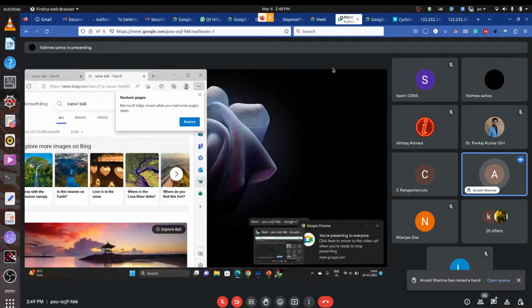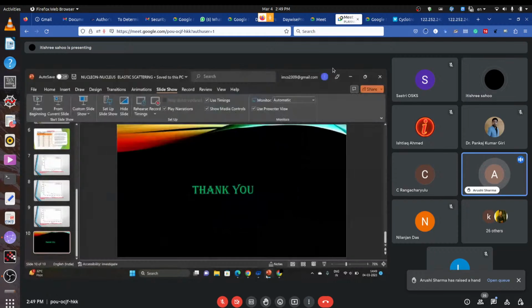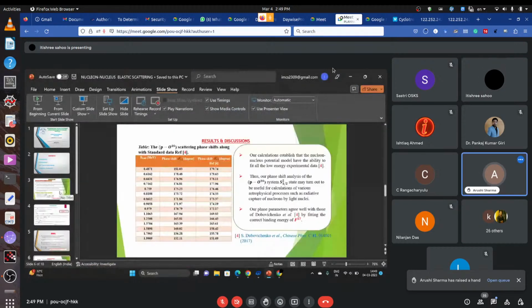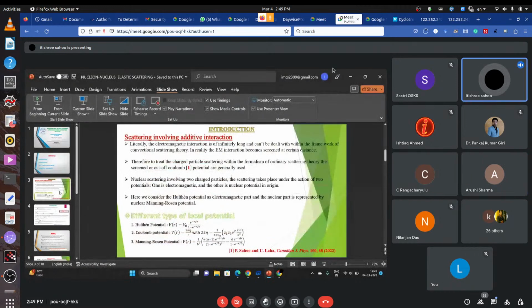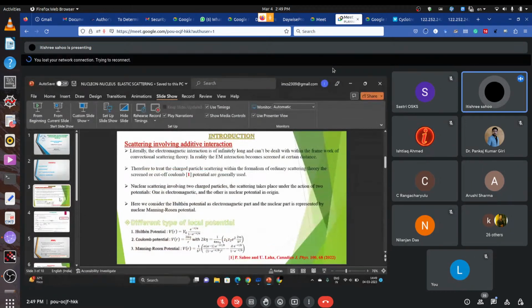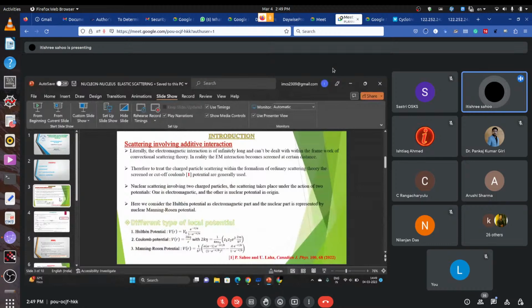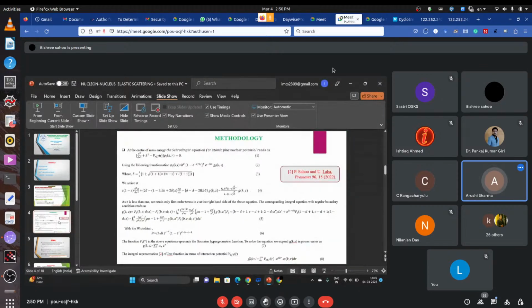You have taken the value of screening radius A equals 55 per centimeter. Is there any criteria to set the value of A? Ma'am, you have to set the parameter for a long range because we have to take the electromagnetic in short range. But the nucleus radius is up to 15 femtometer. So 55 is much more than this.